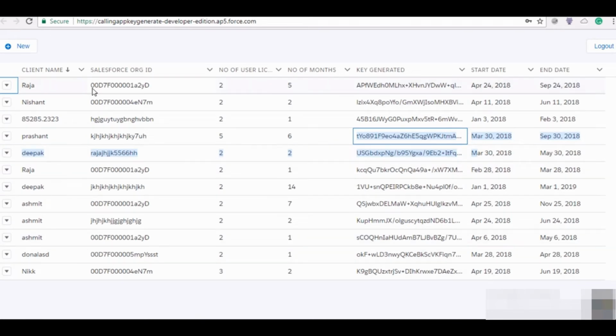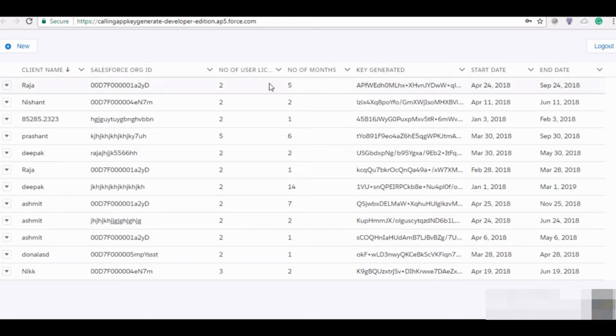Basically they can manage all the keys, the number of user licenses, the number of months, and the start date and end date. This logic is built here to manage all the licenses within Salesforce itself. Let me quickly show you how this works